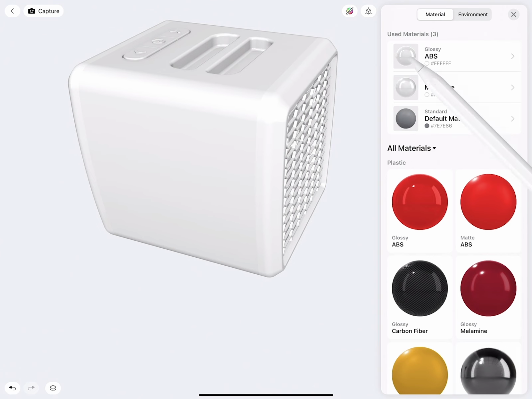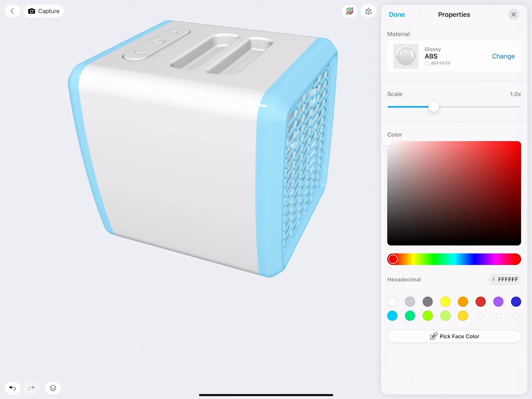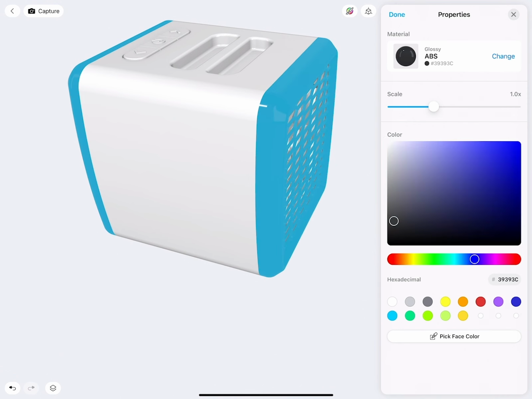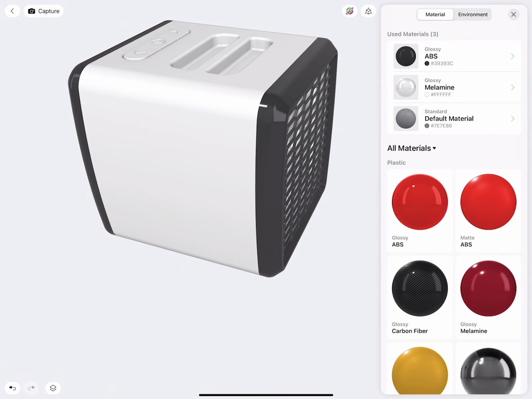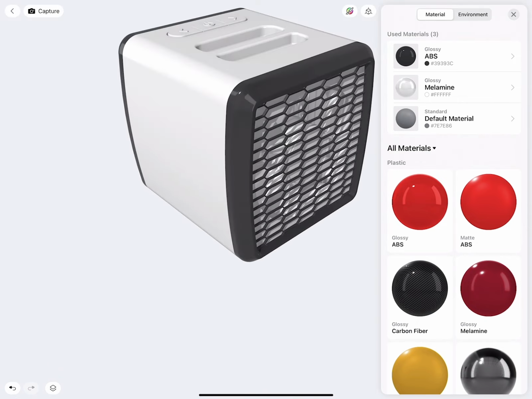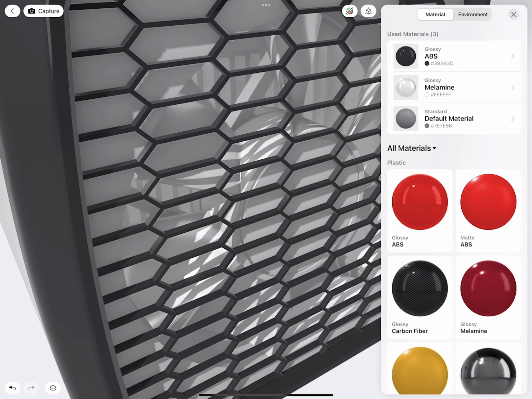And then when I go to the ABS, I can in the hex color adjust the material. So here we'll type in 3939 and C. There. So you see when you adjust one material, it adjusts it for all the objects that use it. Now look at this. It looks kind of cool.